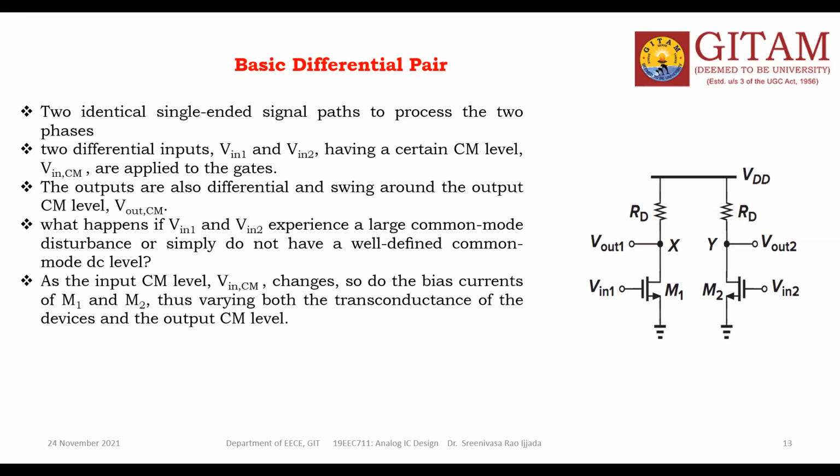Understand what? Practically, it is impossible to fabricate two identical devices. Due to that, there is a slight, very minute variation between the characteristics of the two devices. As I told you, in the BJT the main characteristic is the beta value; in the MOSFET, for current conduction, it is the GM value. Whenever the GM values of the two devices differ a little, the start of the operation between these two will be different. One will lead the other in the conduction.